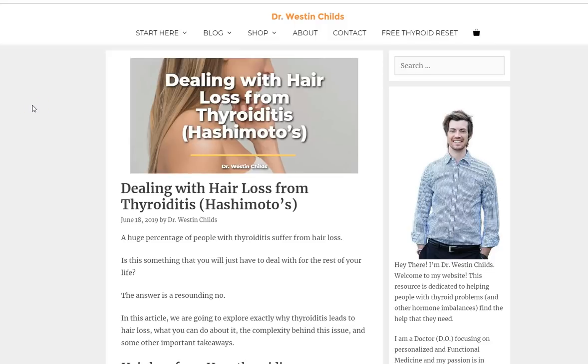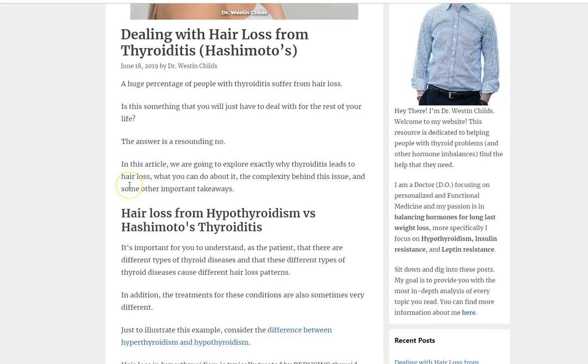Today I want to talk to you about how to deal with hair loss related to thyroiditis. And the thyroiditis that we're going to be focusing on today is, of course, Hashimoto's. The reason for that is because it's the most common form of thyroiditis. So what we're going to do is take the next little bit to talk about